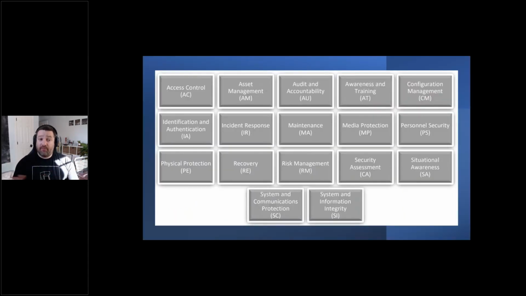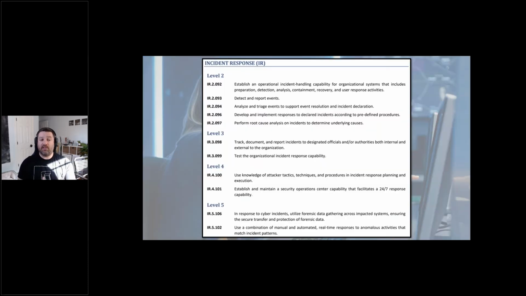And all of this is based on this rubric of 17 different domains. I want to show you what a domain looks like. So I've picked the incident response domain so we can go through that a little bit so you can see what is part of being assessed at a specific level. Now, the good news for Dave and Dawn is there are no level 1 requirements for incident response. A level 1 organization is not required to check any of these boxes off.